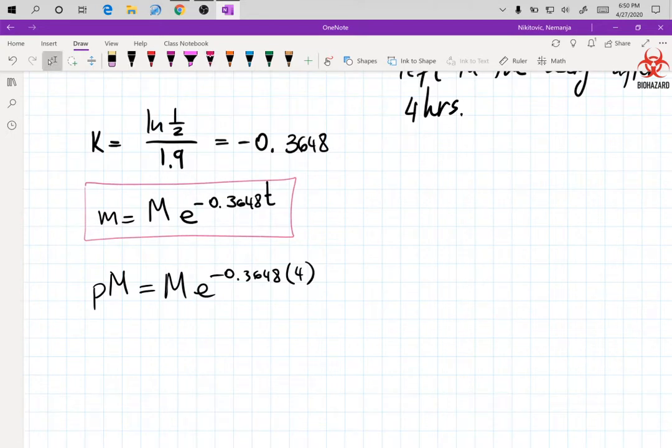The numbers will drop the same way they dropped before, and we calculate our percent when we figure out this value here. So this is going to be e raised to the open parenthesis negative 0.3648 times 4 close the parenthesis, and we get